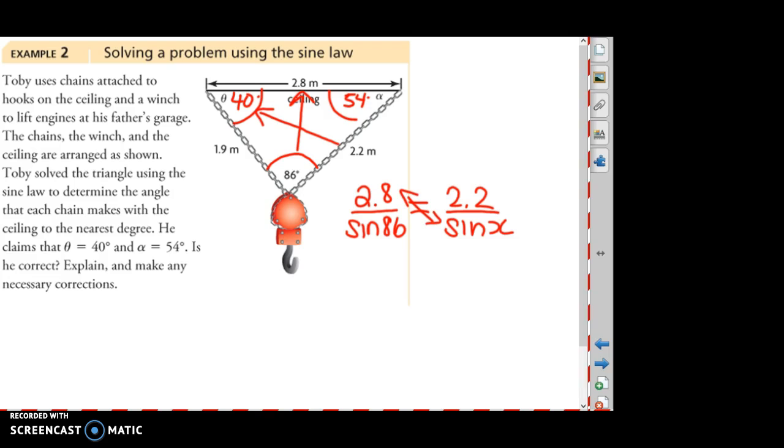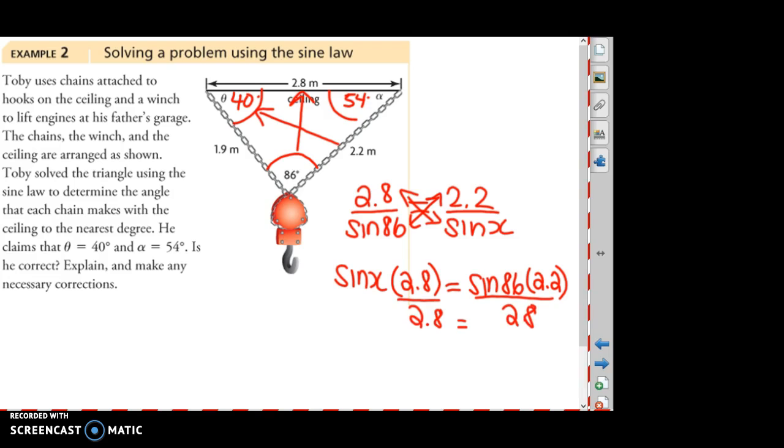So we'll cross multiply, so we'll have sine x times 2.8, and that will equal, cross multiplying, sine 86 times 2.2. Okay, so to get sine x by itself, we'll divide by 2.8. Divide this side by 2.8. And we will have sine x is equal to sine 86 times 2.2 divided by 2.8. And that will be